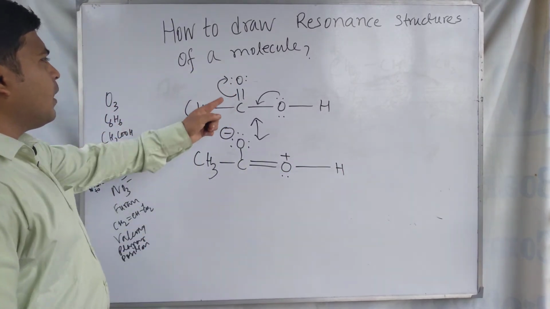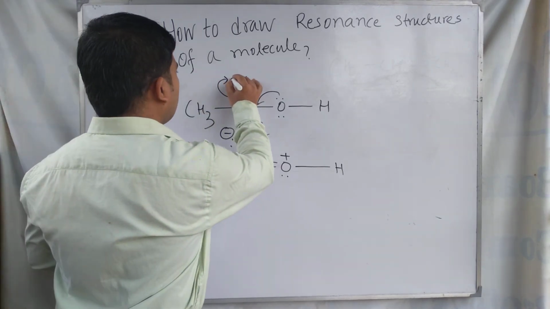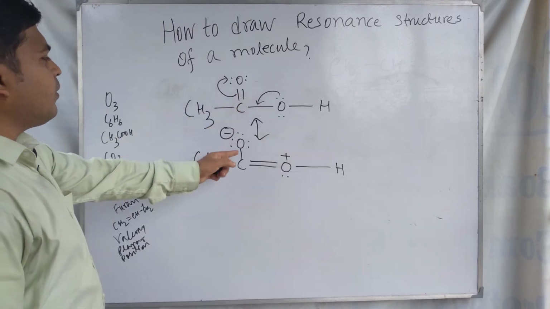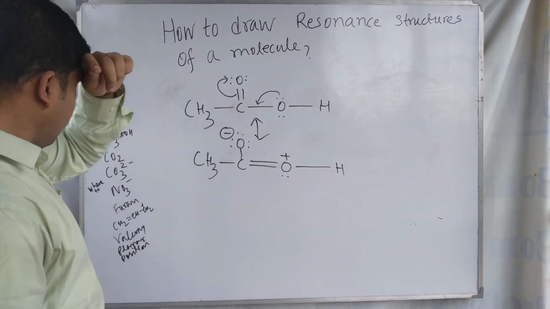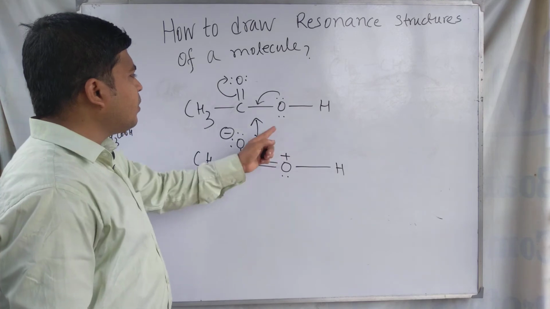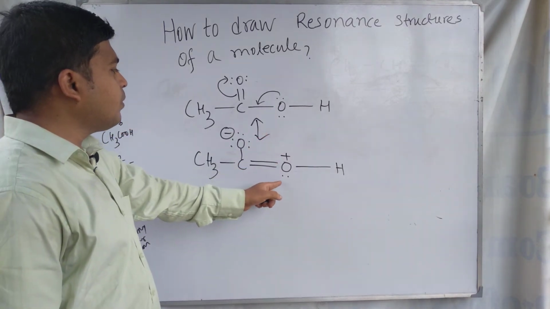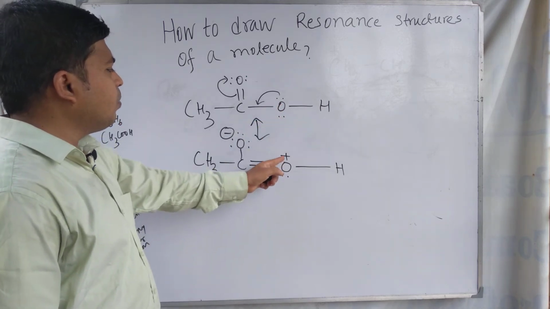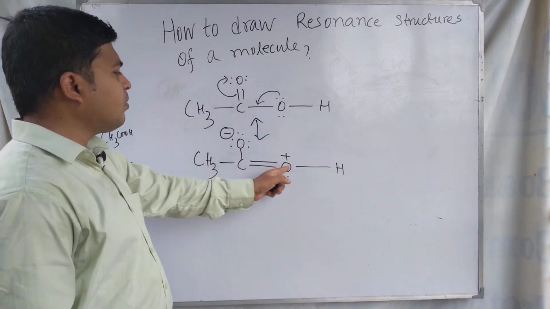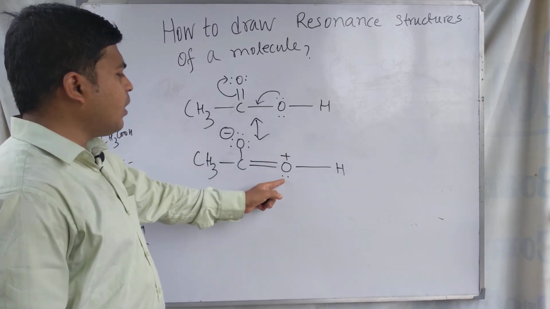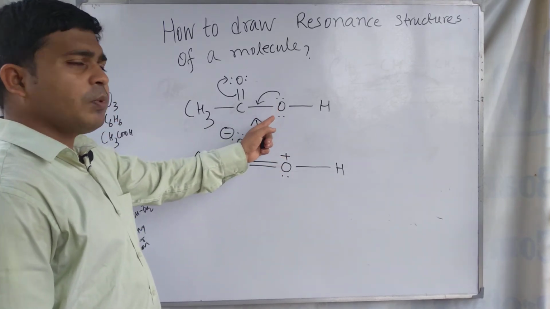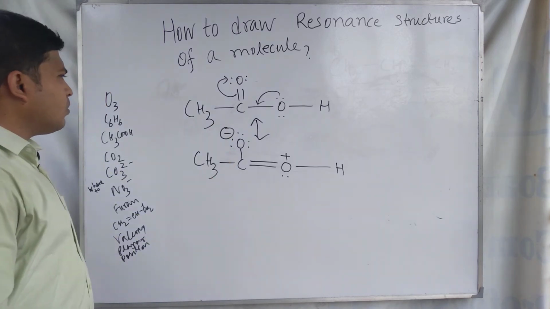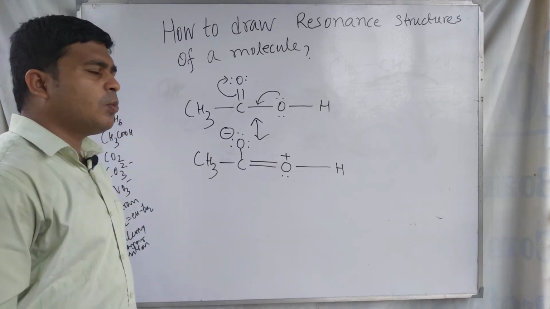This one here, oxygen have initially two lone pairs, and after breaking this double bond it has another pair of electron, and now it is negatively charged, and here it is forming a double bond between carbon and oxygen, and the other oxygen by losing an electron pair is becoming positive, and a pair of electron is remaining after losing one pair. So this one is the resonating structure of carboxylic acid, means acetic acid molecule here.